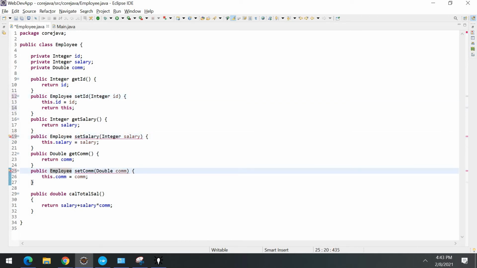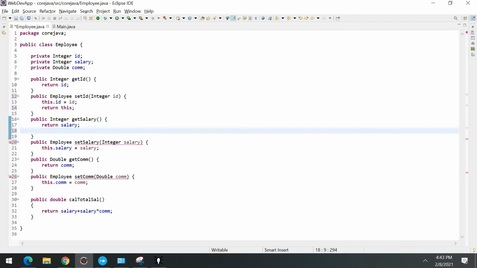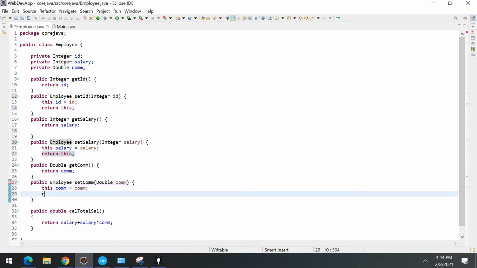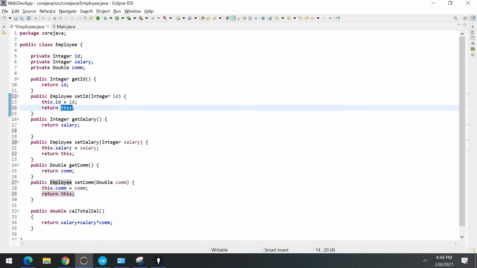Okay, so just do this, return this. Sorry, this is the getter method, this is the setter. So return this here and return this. Now as you notice in the setter method, we have just written this. This means the reference of the current object.